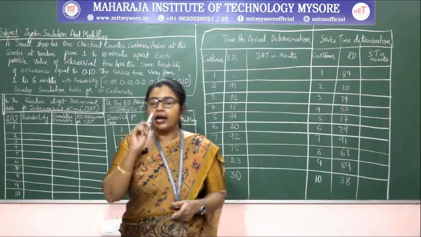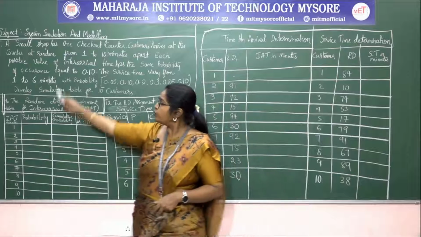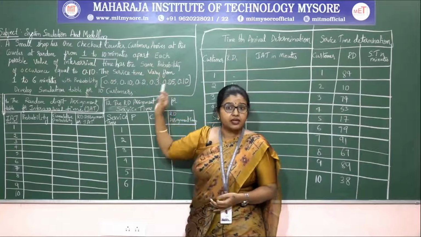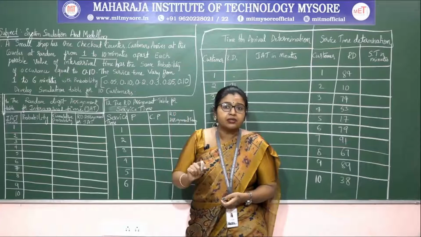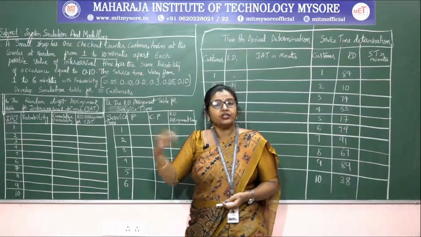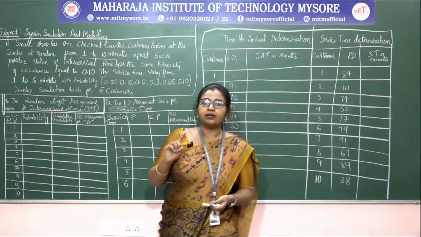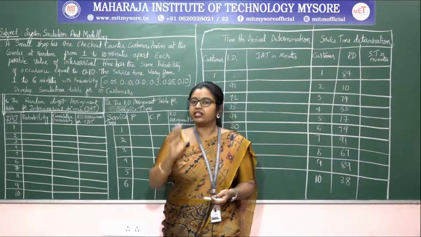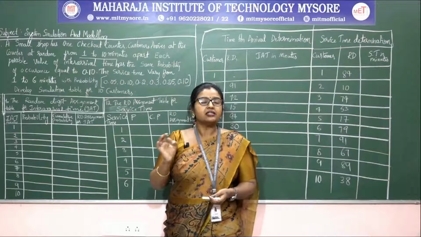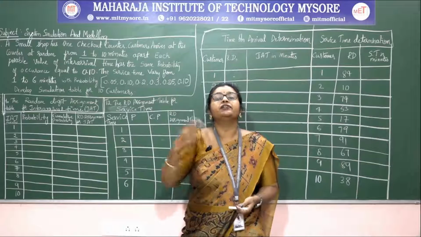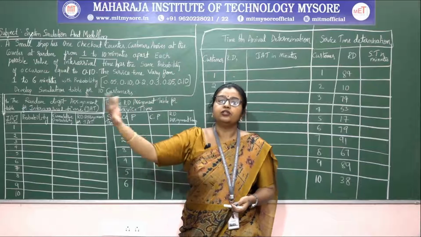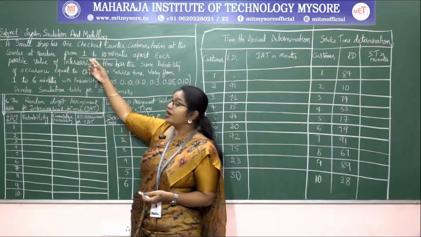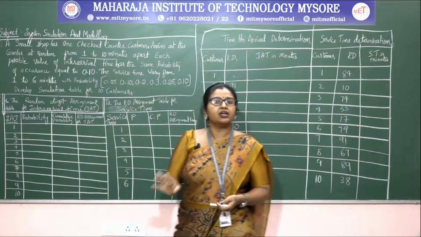Okay, so here, don't confuse the 1 to 10 minutes apart that they have given. The meaning of this 1 to 10 minutes is not 1 to 10 customers, it is 1 minute to 10 minutes. So the first customer, obviously, we are assuming that the simulation starts from 0. That's why I am leaving that first customer. The second customer may come into the system after 10 minutes, or else after 2 minutes, or else after 8 minutes. In between 1 to 10 minutes, they may come into the system.